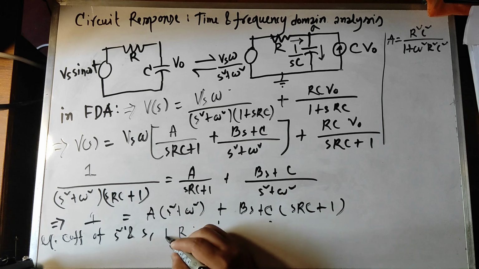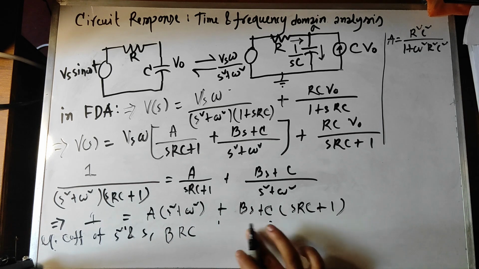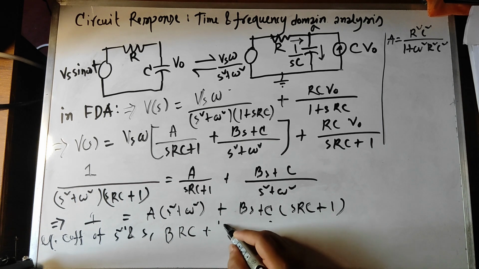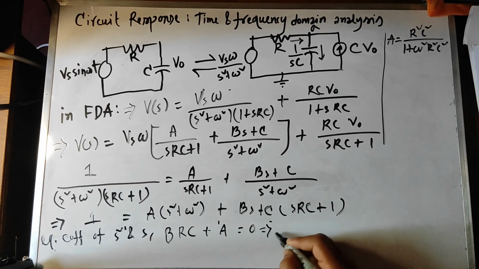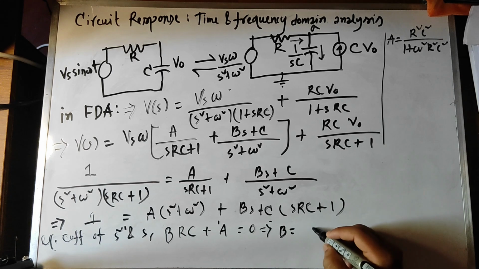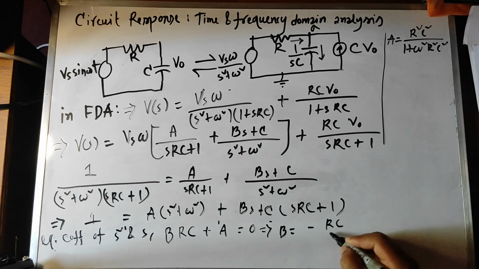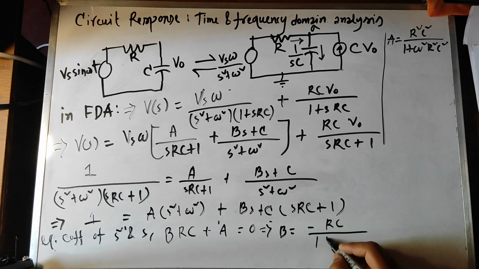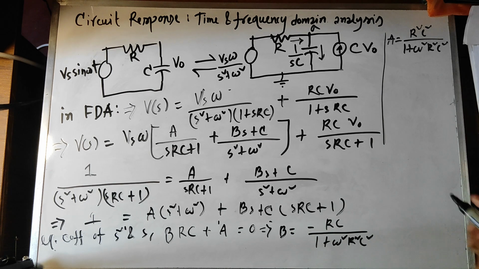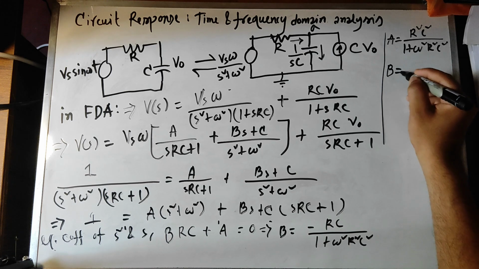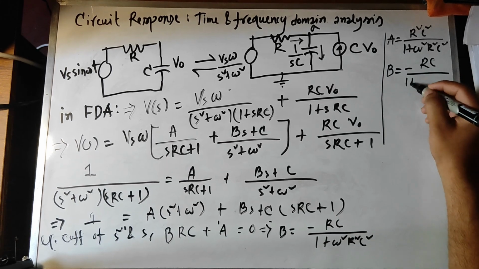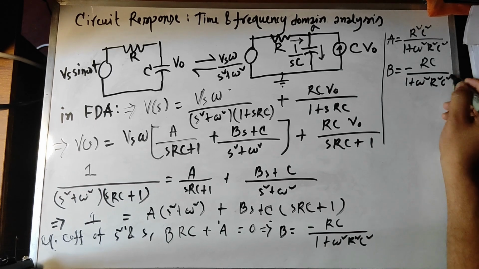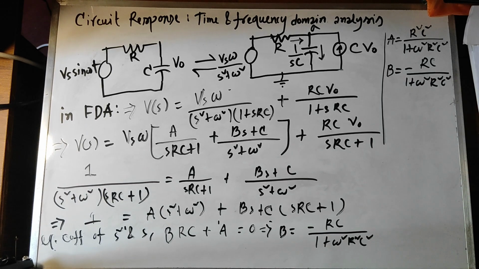b rc plus a equals 0, which will give b equals minus rc by 1 plus omega square r square c square. So b is minus rc by 1 plus omega square r square c square. Now